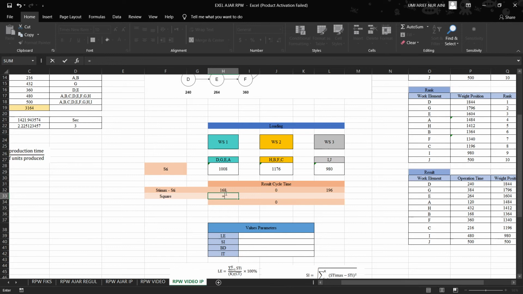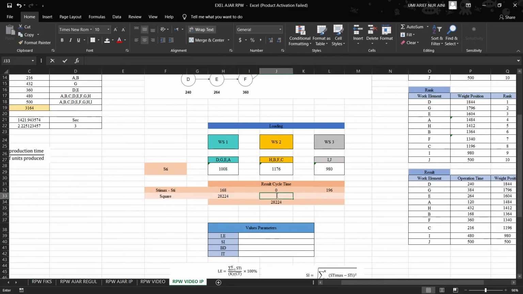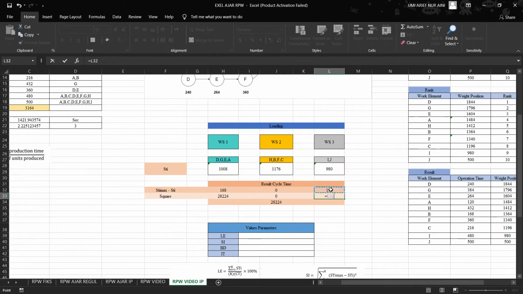So for the formula, you can click like this, and you can click the STI max minus STI for workstation 1, then square it by 2.